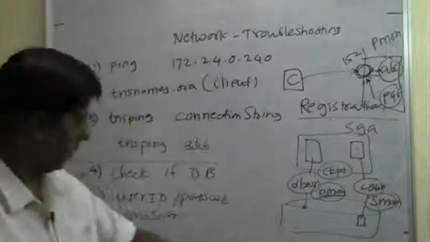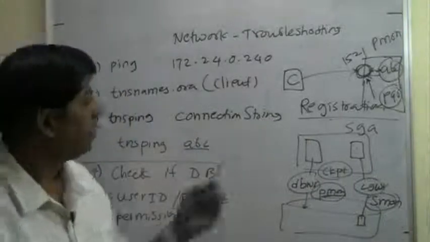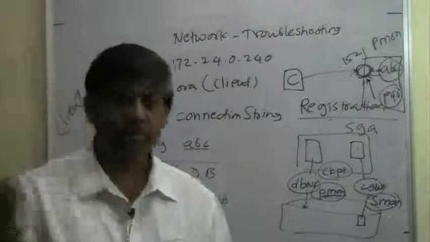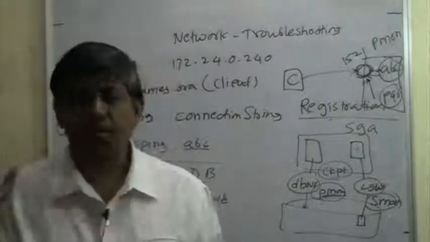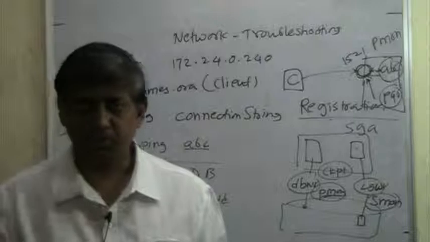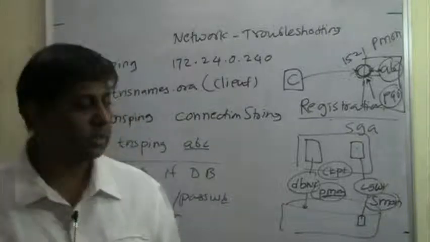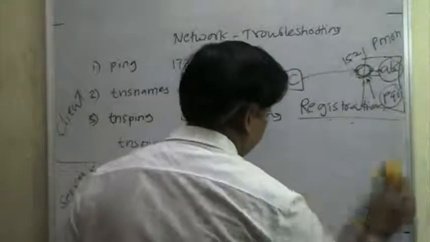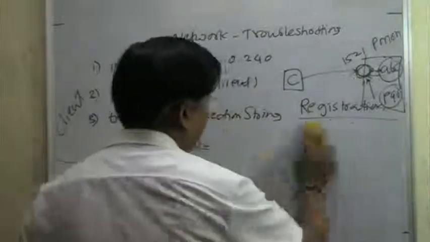So let me recap now. Dynamic registration is done by the PMON process. It is the sending of the information to the listener that I am up and running, please send me the connections. Now, how is the static registration done? Static registration is done by writing the information